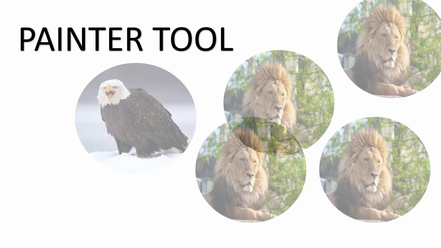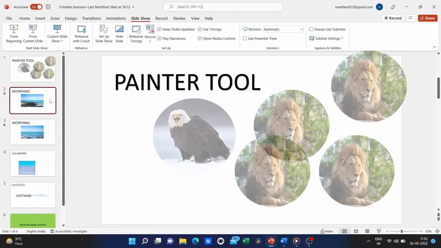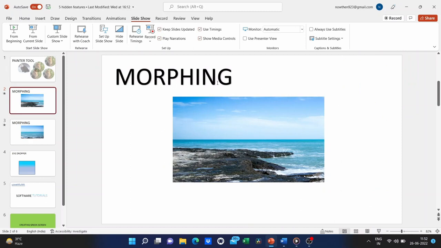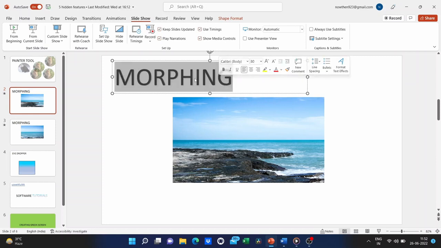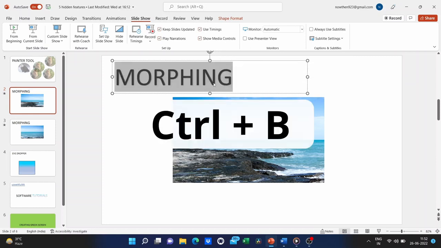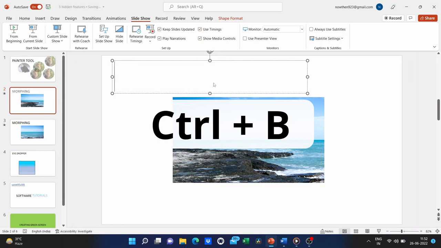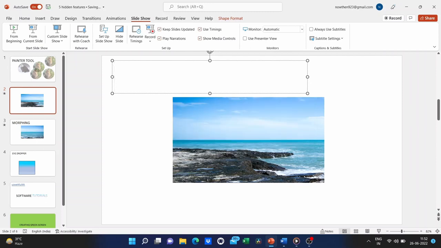Well, these are my preferred PowerPoint keyboard keys for when I'm giving a presentation, but what about while I'm constructing my presentation? So let's examine some illustrations. The majority of them that I enjoy involve text formatting. So, for example, instead of typing the phrase morphing in normal text, I'd like to bold it. So, I will hold down the Control key and hit B. Then I can start typing morphing. You can see that it is in bold.